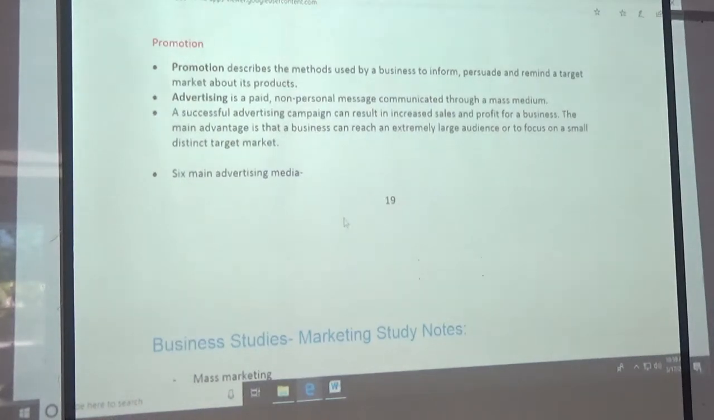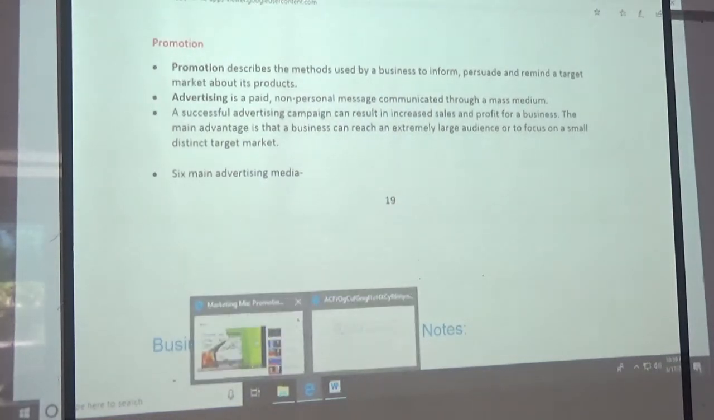Media, important word. And we'll call that promotional technologies in our book on page 60. Promotional technologies includes television, radio. A successful advertising campaign can result in increased sales, profit for the business, also brand awareness. The main advantage is that a business can reach an extremely large audience to focus on a small, distinct target market. So just to highlight what I was saying there,